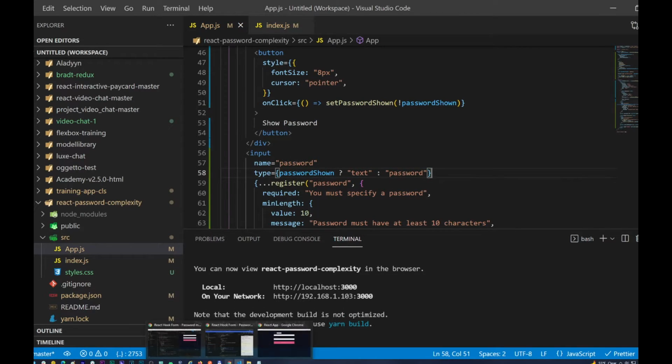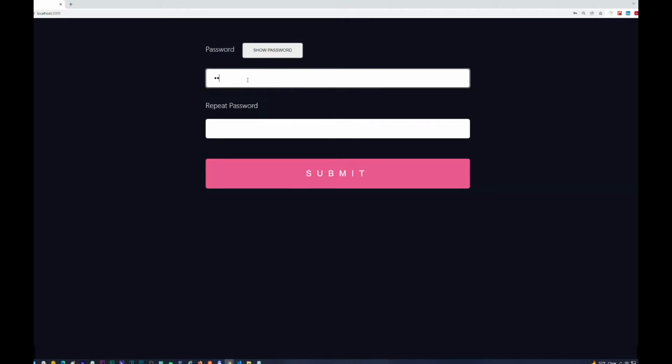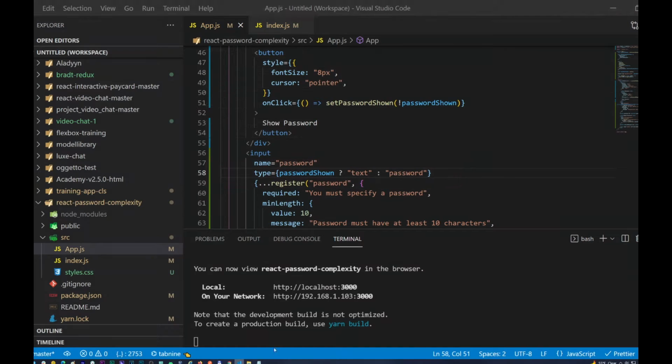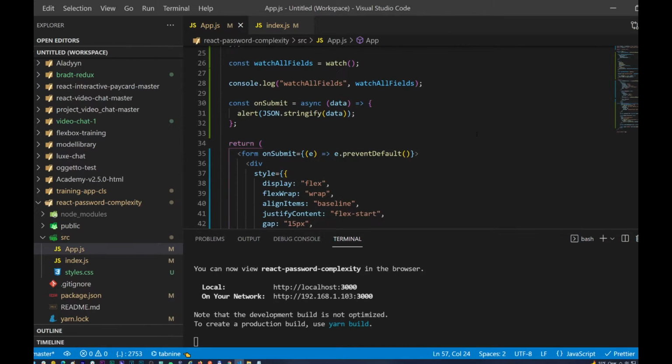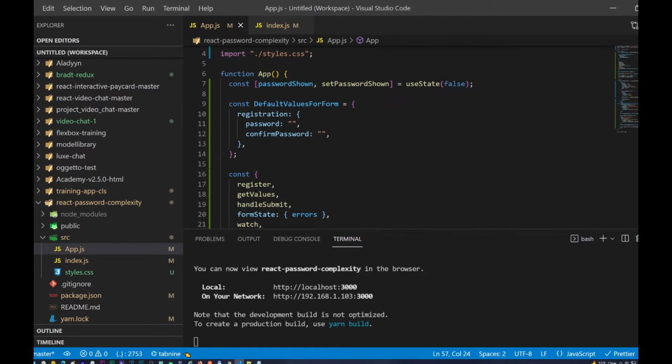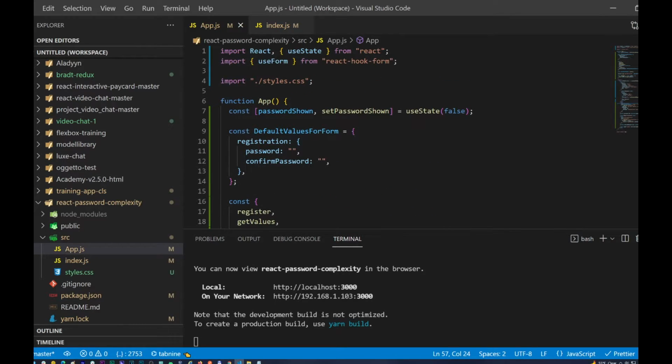So let's check it out. Well, we don't see anything here. Show password. We have another type of the input, show password, and well, it is great, and we will use it when we check our password complexity. Well, I do all the preparations, and now I want to